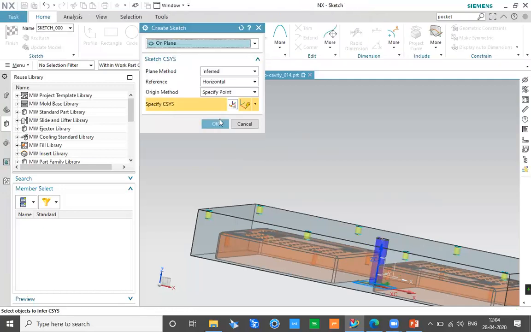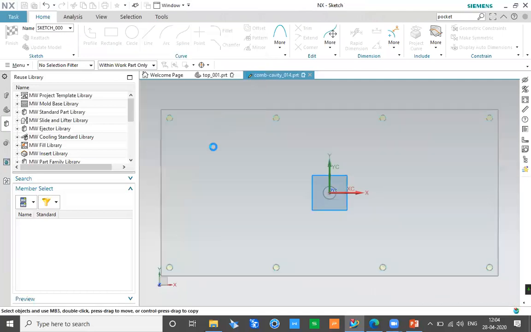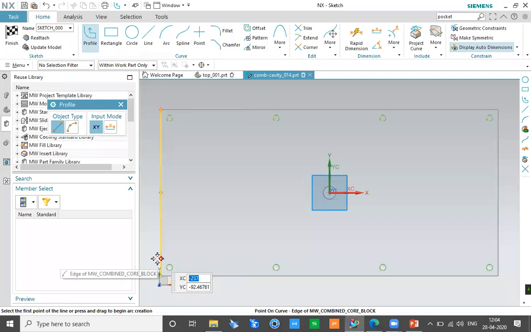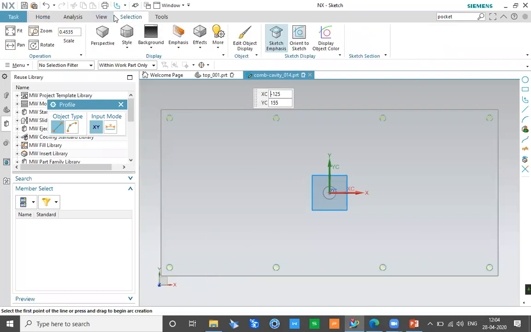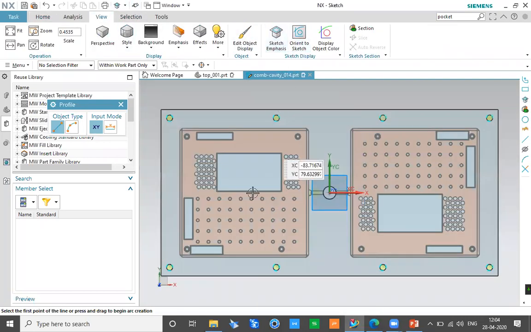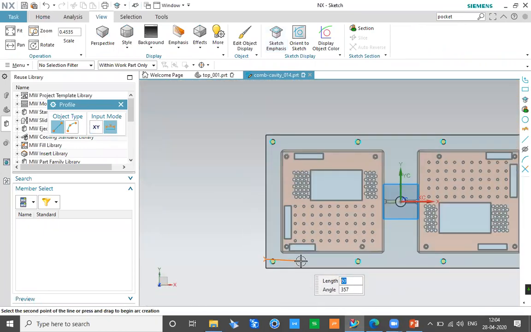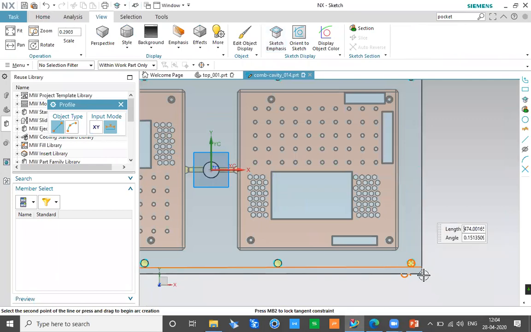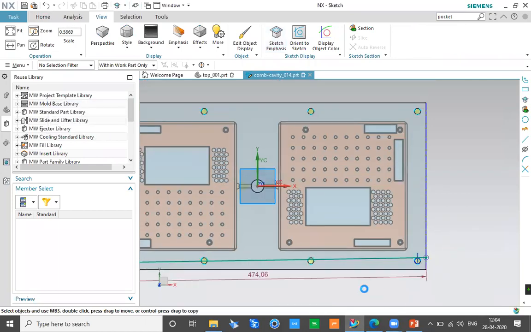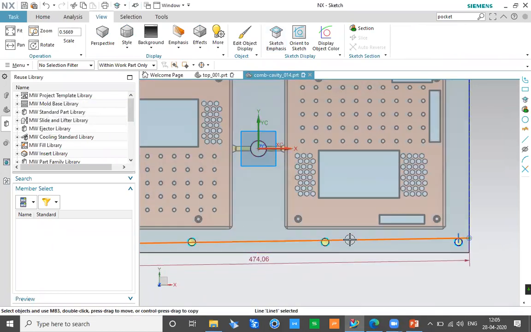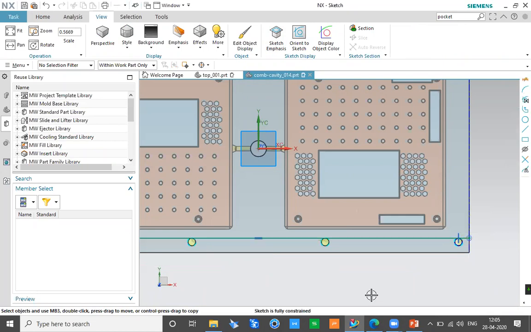Now again, the cooling system contains a lot of information. It contains baffles, it contains channels, it contains where the water is going to flow, and other information about the cooling. So I'll just go to View. I don't want the emphasize sketch to be on, so that I can see clear information about what I'm creating and where I'm creating. So let's say I want one of my cooling lines to go from here. Okay, and I want to keep it horizontal for now.